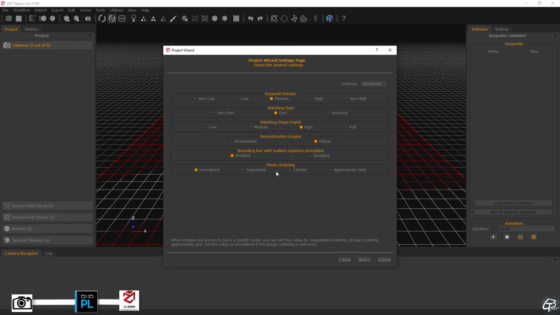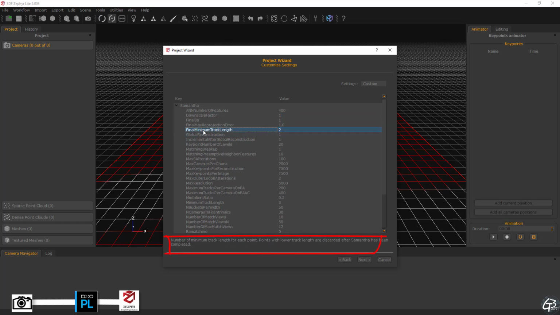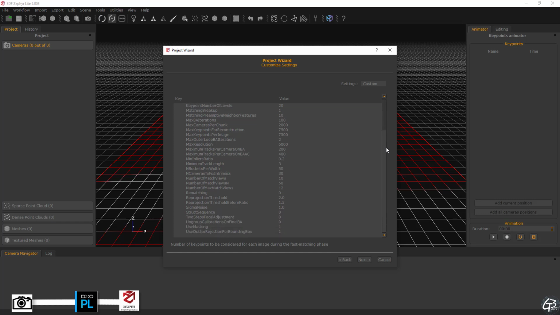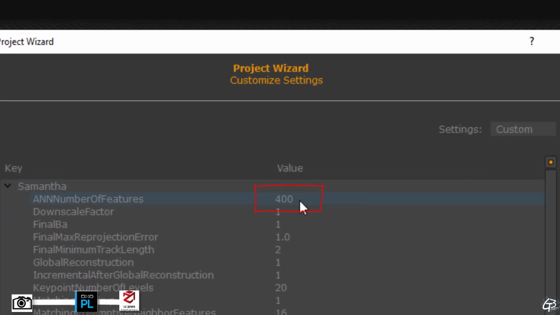But if for some reason something goes wrong and none of this works for us, we can always use the third, custom one, and set the advanced setting we need. In this case, the software also offers help so we can read what each setting does. For example, I use this mode when I struggle to align cameras in a quite tricky 3D capture, and to do this I increased the number of features to 600 and maximum tracks per camera to 100. Just bear in mind that if we go back to a preset system, it will reset all changes we made. As you can see, the value I changed is set back to what it was.